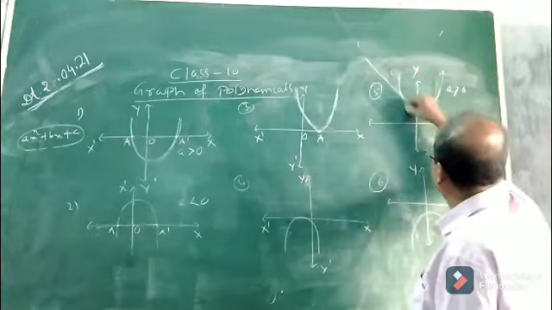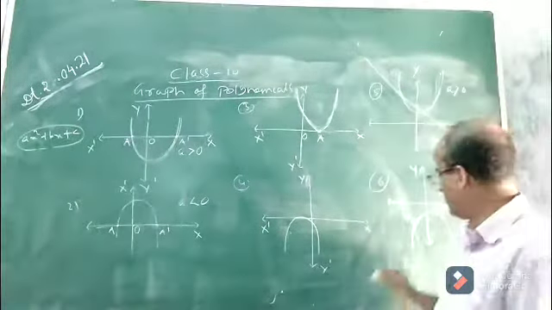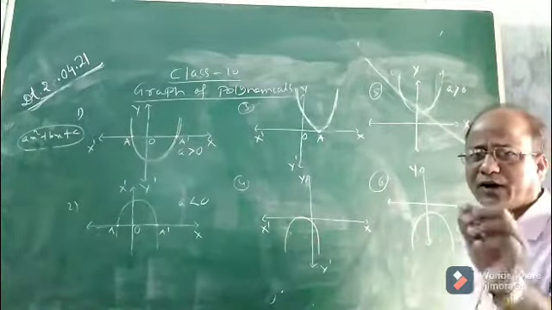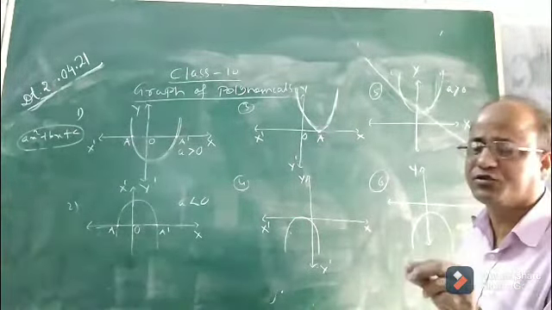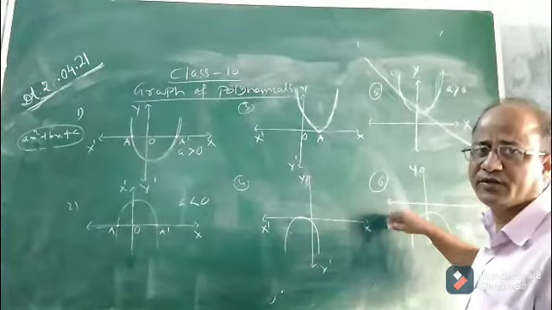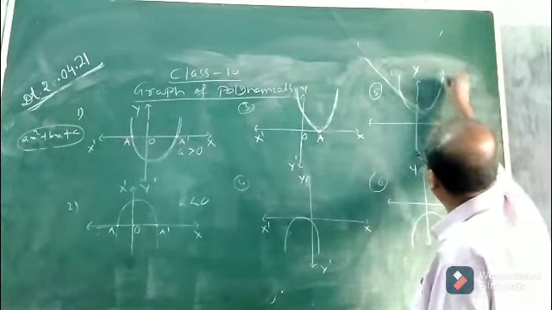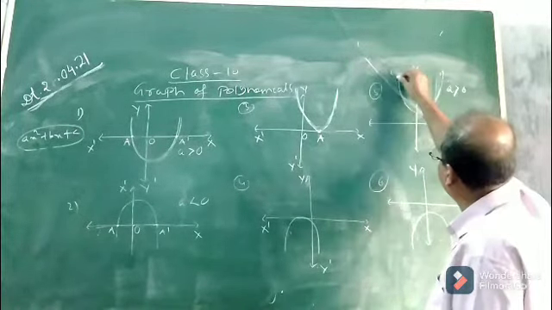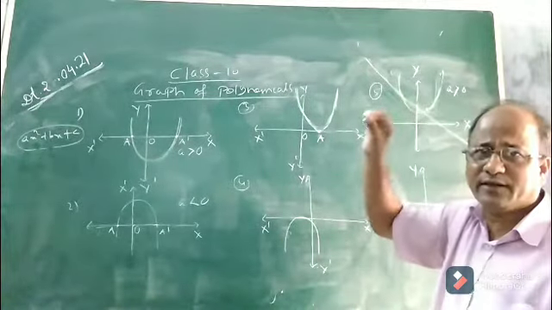This parabola lies completely above the x-axis. This parabola lies completely below the x-axis. So what will be about their zeros? What can we conclude about their zeros in these two cases? See children, when the parabola opens upward and it lies completely above the x-axis, that